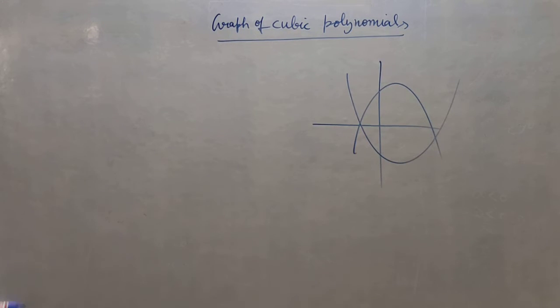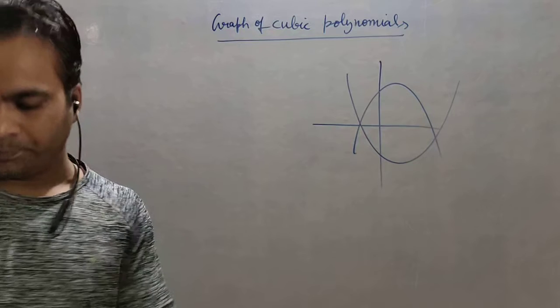But cubic polynomial doesn't behave like this. So in this section we'll see that the graph of cubic polynomial does not have a fixed standard shape, right? We will see here the graph of quadratic polynomial may or may not cut or touch the x-axis, right? But in this case, cubic polynomial, the graph will always cross the x-axis at least once, and maximum 3 times, right?